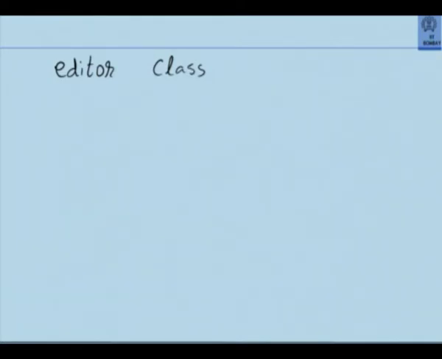Let us try to look at an element of such an editor class which we have not yet defined. We wish to define. Let's say this is an object called E, which belongs to this editor class.